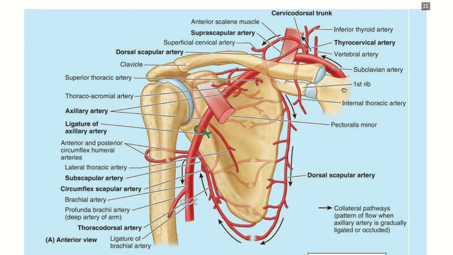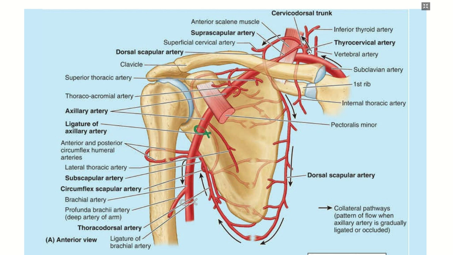So let's take a look at the subclavian artery. The subclavian artery is actually also divided into three parts. The first part of the subclavian artery gives what we call the internal thoracic artery that we're going to talk about in thorax anatomy. But in terms of the axillary artery anastomosis, we are concerned with the second part. So the second part of the subclavian artery is going to give the costocervical artery or the thyrocervical artery